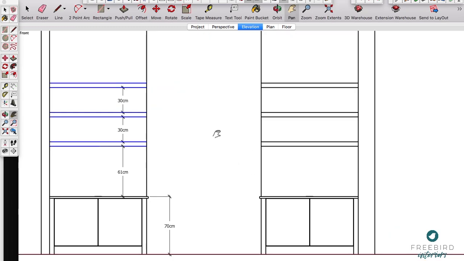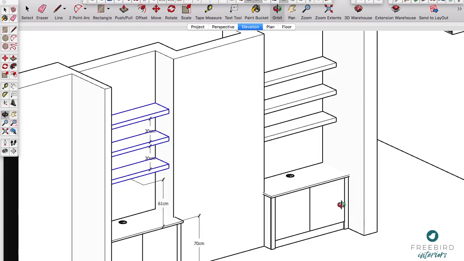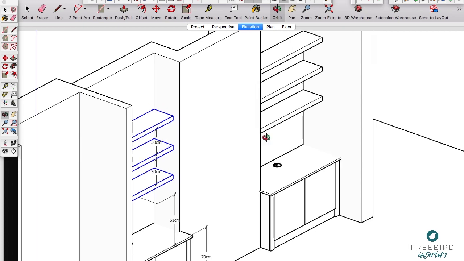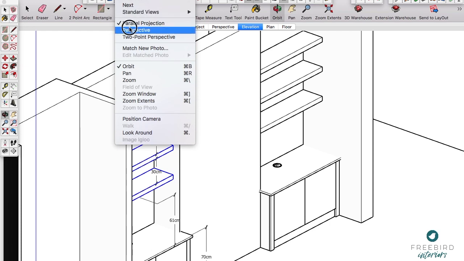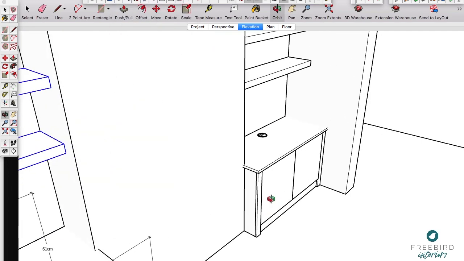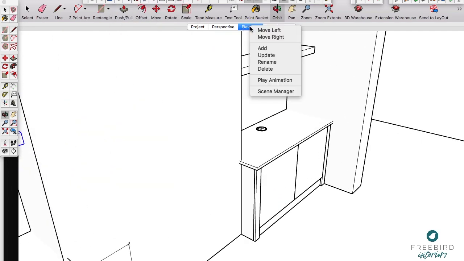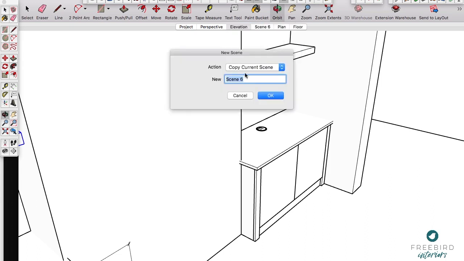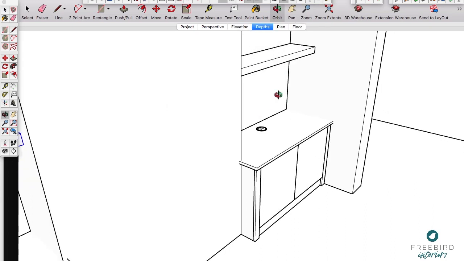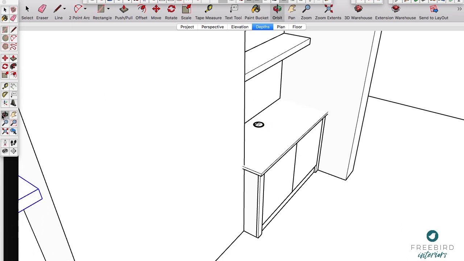And then similarly, really to preempt all the questions, to make sure that I'm walking away from this survey with all the questions answered that the customer might have, I would set up a view like this and create a new scene. And that would just ensure that I know that I've informed them of the depths of the shelves, and they have the opportunity to say, actually I want that deeper, or maybe I want this cabinet to be flush to